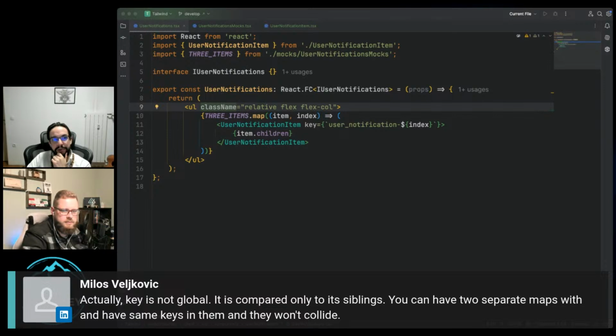Mohammed mentions that we can use React's helper hook, useId, for that. So rather than us deciding what unique means, we could create a new ID using useId. I remember that was best practice.